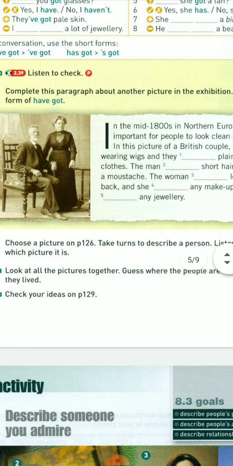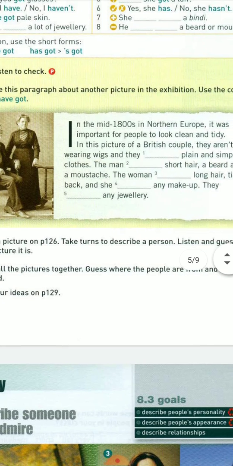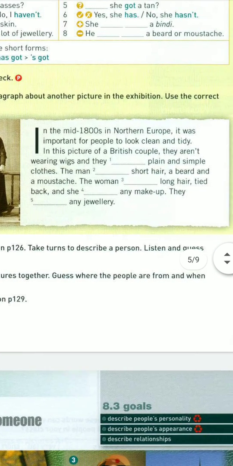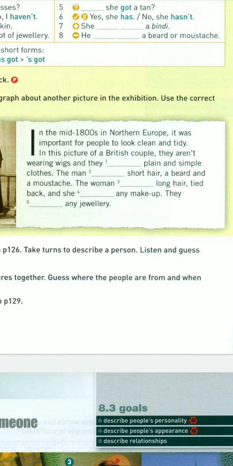Has got or have got. Have got. Very good. The man, short hair. So it's the man. The man is only one, because it's not men, it's man. So the man has got, it's only one, he. Short hair, a beard, and mustache. The woman, it's only a woman, remember, not women. So the woman has got long hair, tied back, and she,